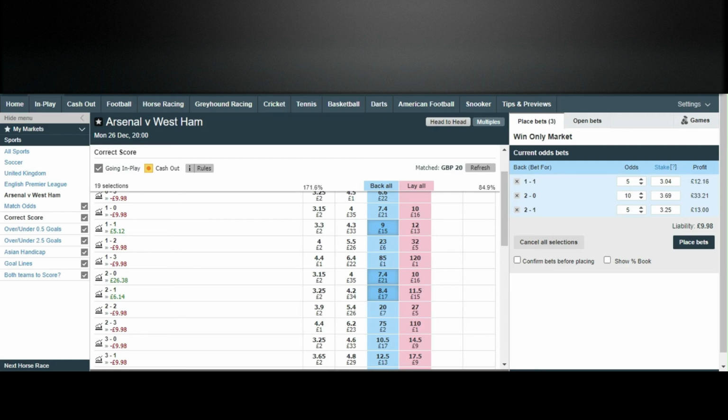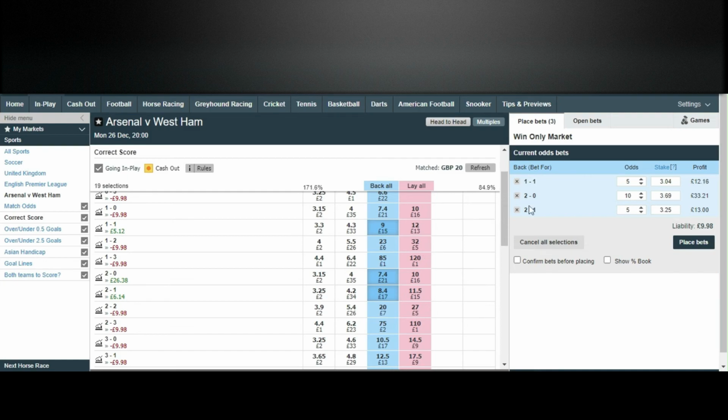See what the average scores were, and then have a look at what Arsenal did at home, what the scores were. Have a look at what West Ham did at home, what the scores were, and get in your head what you think. Is it going to be over 2.5 goals, or is it going to be over 3.5? That gives you an idea of your score lines, and try to work out what you think. But I think sometimes in these kinds of games, this is a safe option when you're just starting out. So I hope that makes sense. But yeah, this is the way I do it.